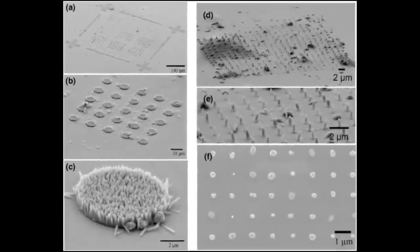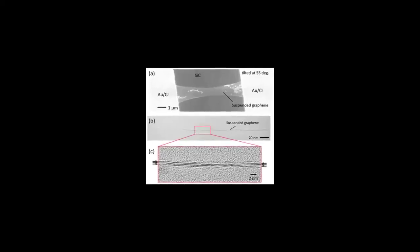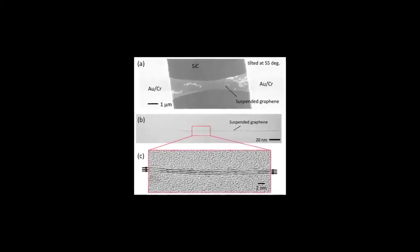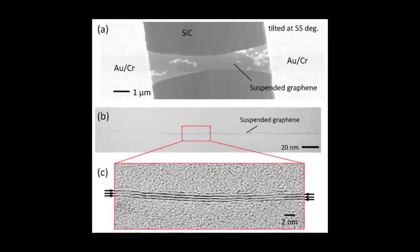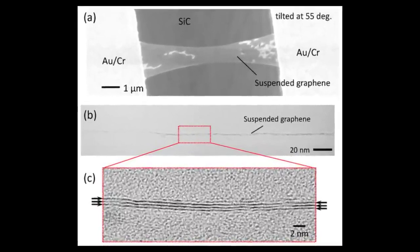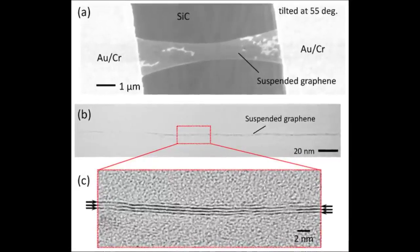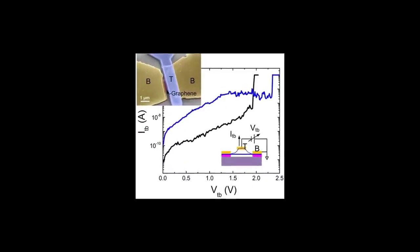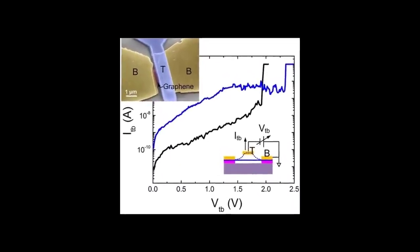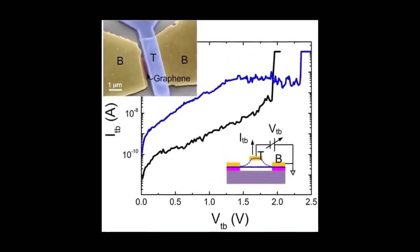Nanoelectromechanical systems show great promise in many applications, such as ultra-sensitive sensors and components for radio frequency communication systems. But so far, their performance has been limited due to the use of heavy and thick metal electrodes that dampen the vibration of resonators. To overcome this issue, academics in the USA have developed nano-resonators that utilize graphene as an